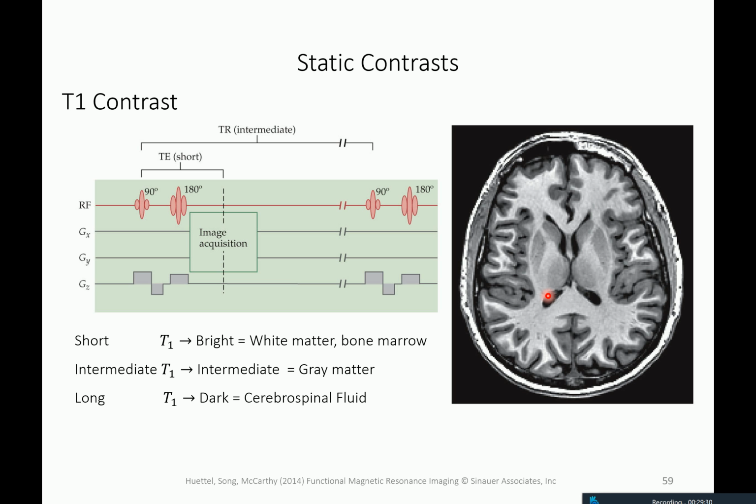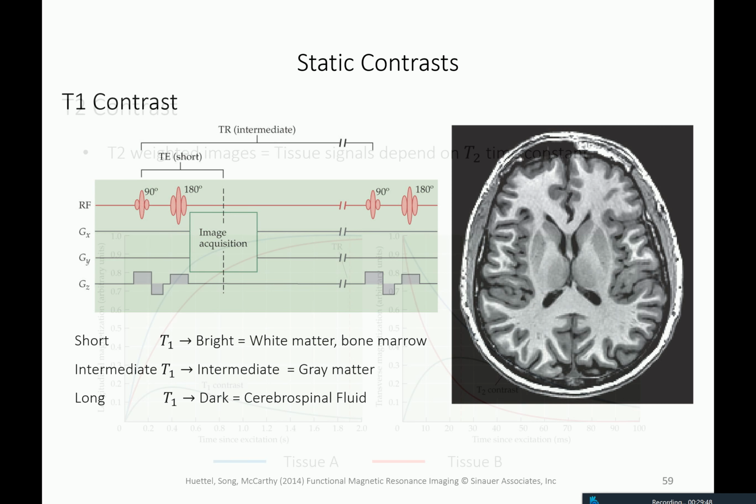The short ones are bright gray values, and the long T1 time constants are dark gray level values, so that you have your ventricles being black. Just looks like that if you visualize that. And then finally,